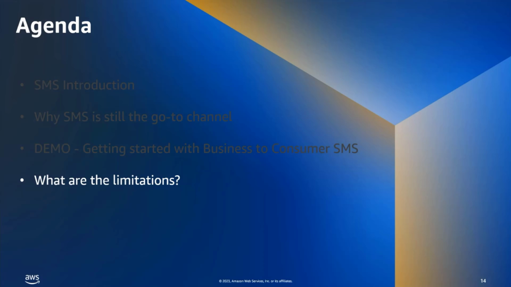Let's now talk a bit about the limitations of using SMS as a channel. Because although it is key for business communication, it's not always a guarantee that the SMS will be delivered on time or at all. So we saw in the demo, not all SMS were delivered, which is normal, but it's key to know some actions you can take to ensure the highest delivery rates. And finally, we'll offer some guidance on how to overcome some of these limitations.